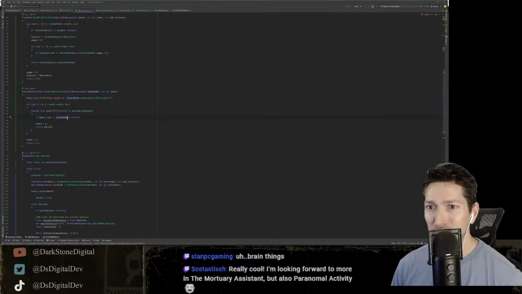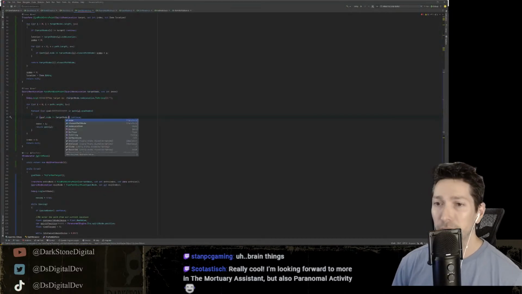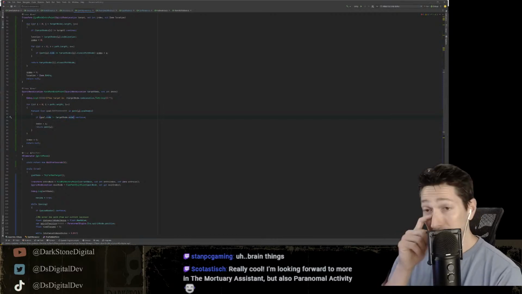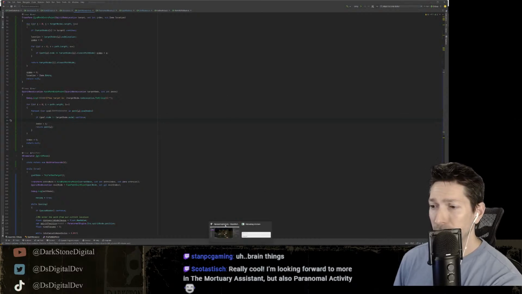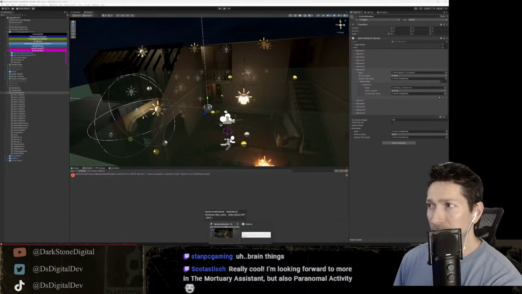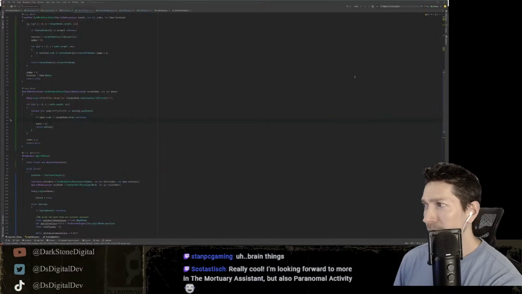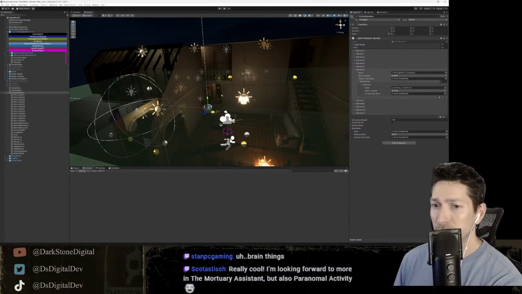Goal nodes. So I'm going through the goal nodes. It's already there. Okay. No. So I've got to be comparing the transforms. I was comparing the class. I bet we get it now.